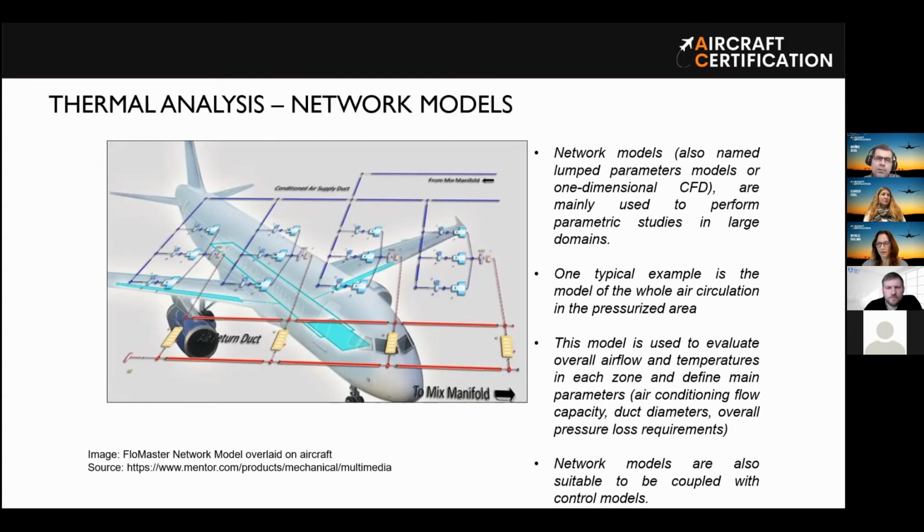So a network model can be as simple as that, one room, or we can do something a little bit more complicated, which is to divide the aircraft, let's say the cabin, into nodes, okay,